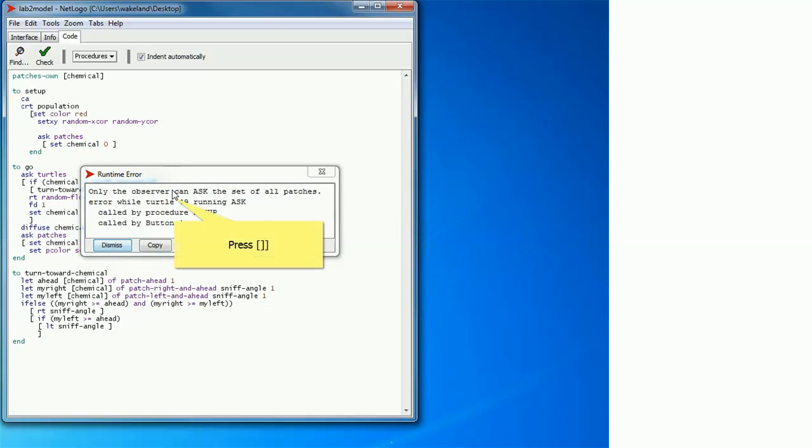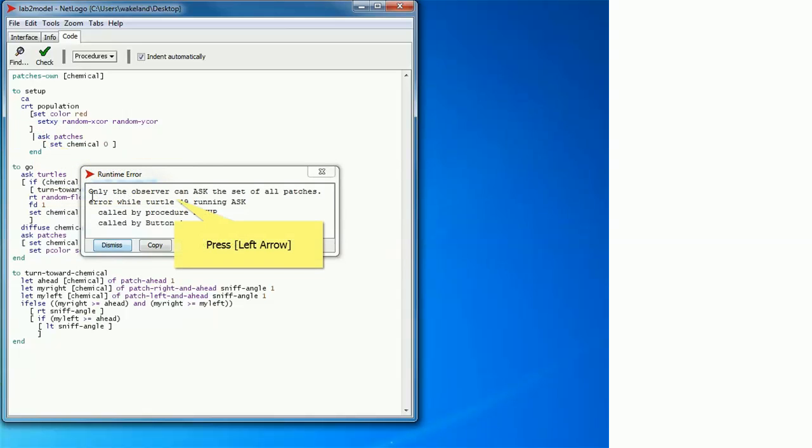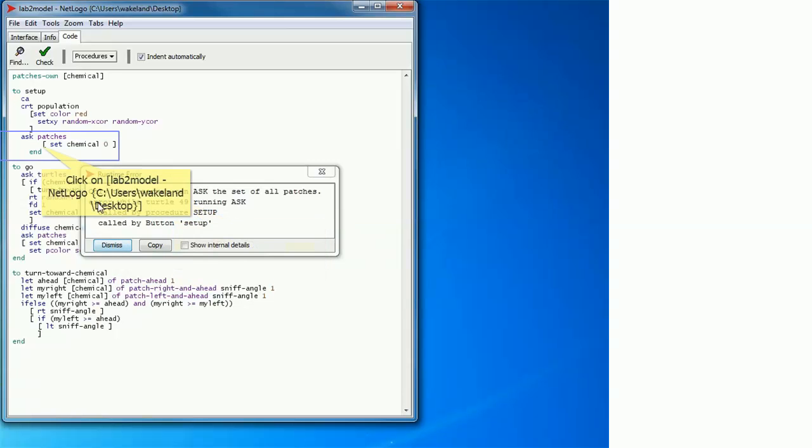I just did this wrong. I need to end this with the right square bracket like that, and then I needed to go ahead and ask patches. This will work, but I'm going to move it over because just visually it really helps to read the code that we said CRT and closed that out, and then we asked the patches to set chemical